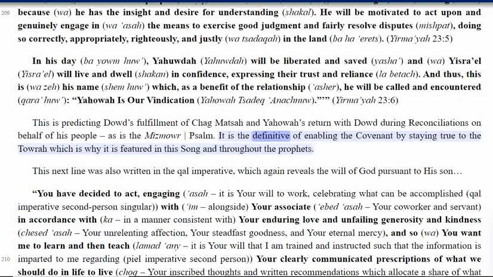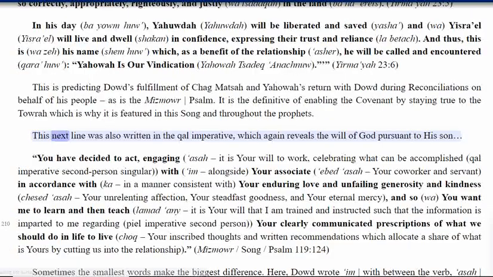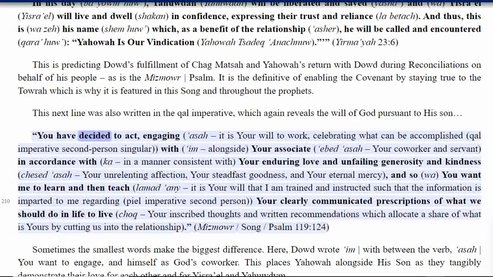It is the definitive of enabling the covenant by staying true to the Torah, which is why it is featured in this song and throughout the prophets. This next line was also written in the Kal imperative, which again reveals the will of God pursuant to his Son. You have decided to act, engaging, Asar, it is your will to work, celebrating what can be accomplished, Kal imperative second person singular, with him, alongside, your associate, Ebed Asar, your co-worker and servant, in accordance with, in a